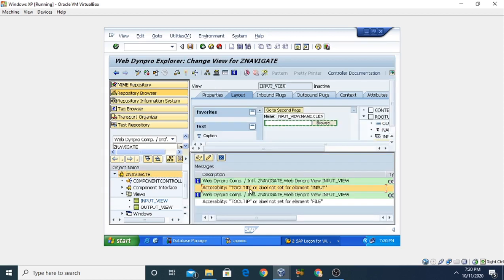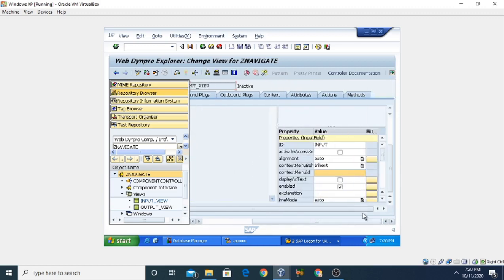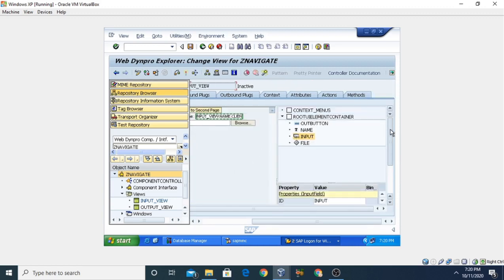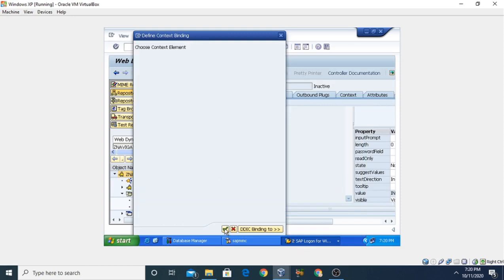Another is tooltip. We should give the tooltip or label we need to set here for the input as well as the file. So these are some information messages, not the kind of errors. So you can also give the tooltip here. For the input, just go there and in this property you will see the tooltip. This is tooltip client name.